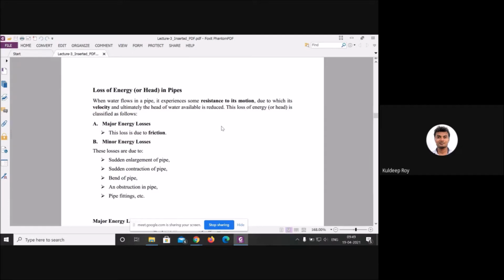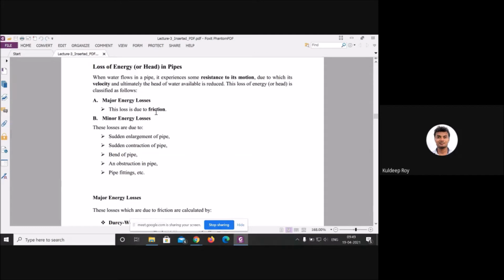In the major loss, it is due to frictional force. Friction is generally happening in the pipe. If the fluid flows in a laminar pipe, what will happen? At the surface there will be some kind of resistive force from one layer of fluid to another layer of fluid, and as you already know, the resistive force near the surface of the pipe is much higher compared to the middle point. At the middle it has the lower resistive force.